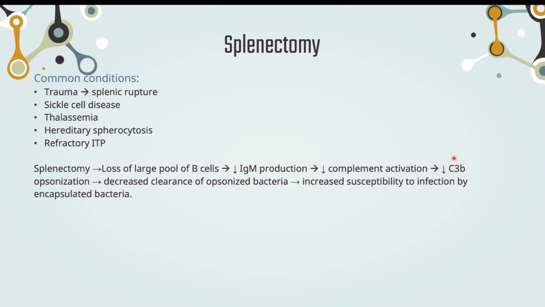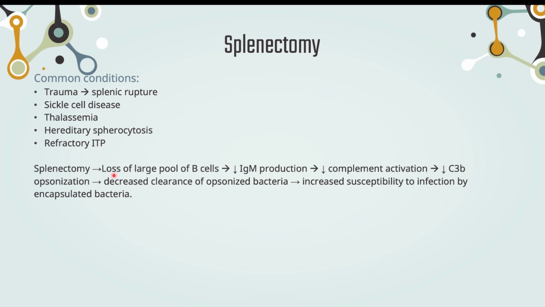It tags the cells or abnormal cells and bacteria so that the macrophages and natural killer cells recognize them and they can phagocytose them, all right? So there is decreased clearance of opsonized bacteria because there's no opsonin. There's no C3b. So this increases the susceptibility to infection, especially by the encapsulated bacteria, because clearance of encapsulated bacteria depends on opsonization